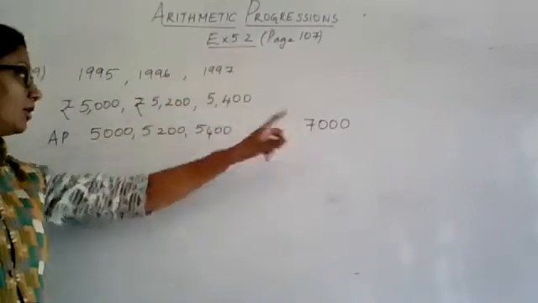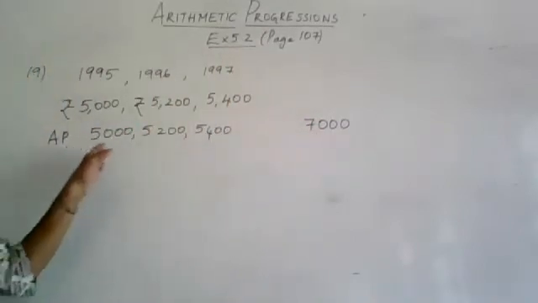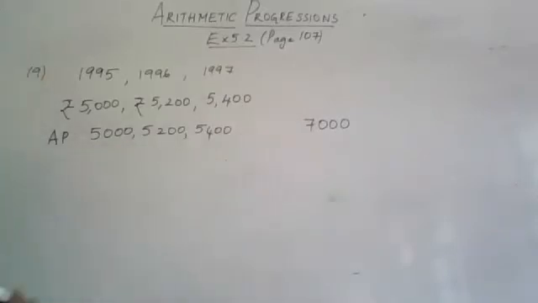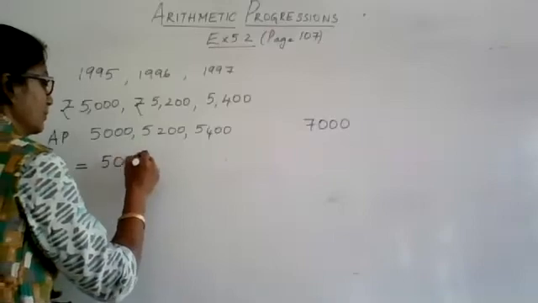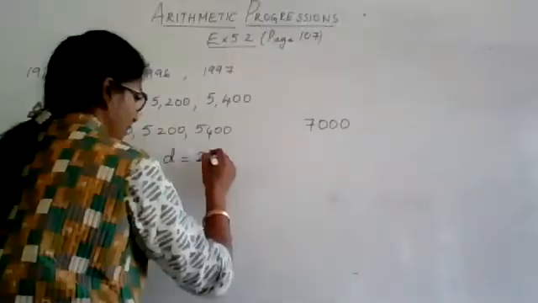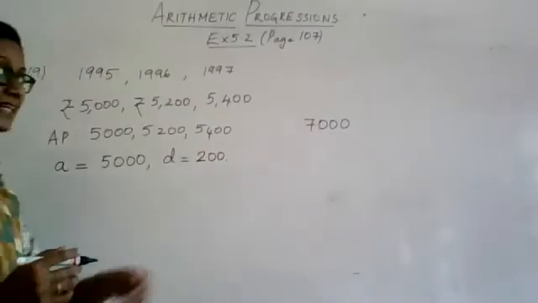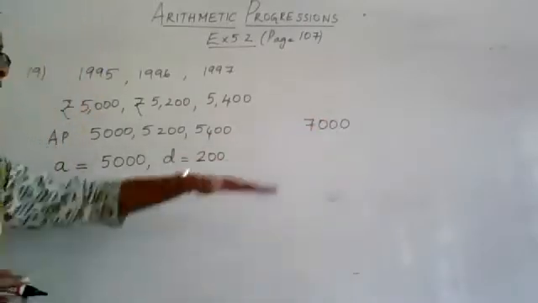All right. Now this 5,000, this 7,000, and this 200. What are they with respect to our AP? With respect to my AP, what is my first term? It's the 5,000. Yeah, it is the first term, which is 5,000. What is the common difference we have for this AP? 200. A2 minus A1, that is 200. And what is this 7,000 that we have? It has to reach that 7,000. So that is the nth term that I have.